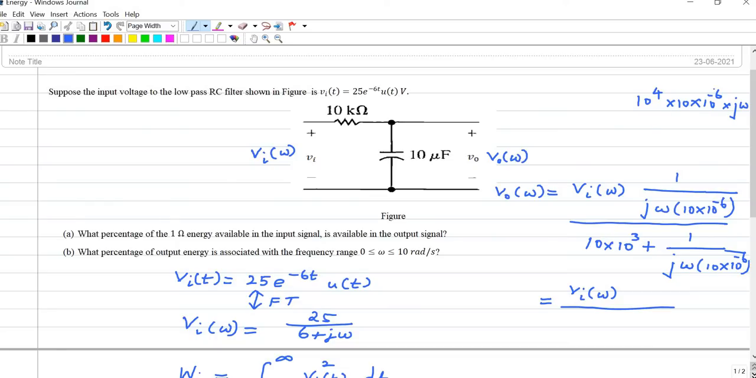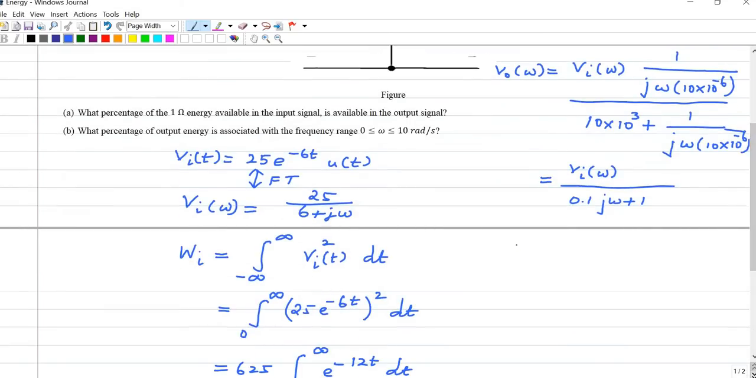This is 10 power 5, 10 power 5 into 10 power minus 6. It's 10 power minus 1 j omega. So it's 0.1, or 10 power minus 1 also, you just write it, plus 1 divided by this term. So numerator also same term is there. I'm just skipping one step. So this j omega and this j omega, this entire term gets cancelled. Is it clear, students? So V naught of omega is 10 times Vi of omega divided by